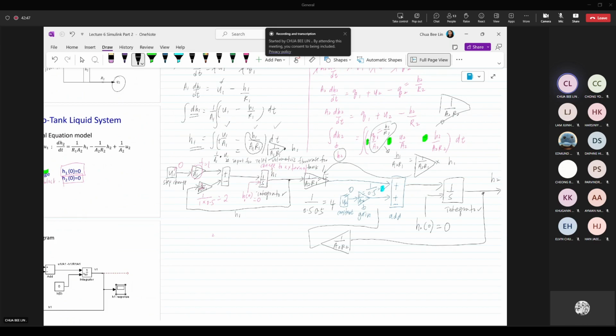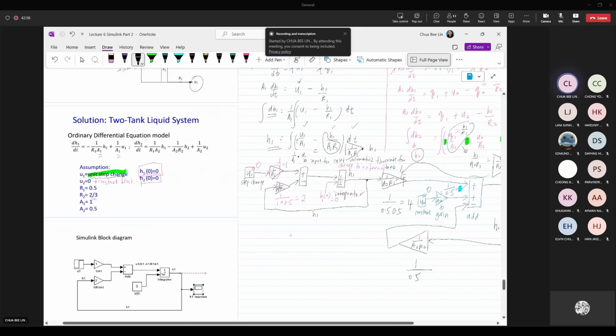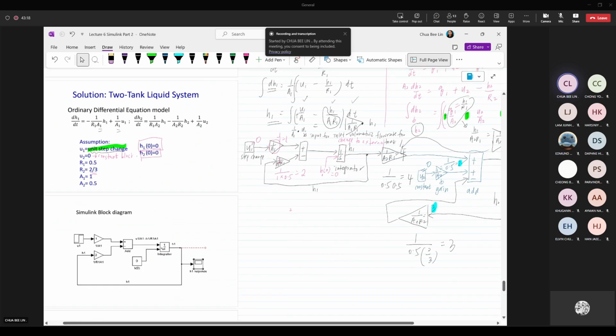go into your negative. So 1 over A2, your A2 is 0.5, and then your R2 is 2 over 3. So this will give you 0.5 times 2 divided by 3. Okay, 0.5 times 2 divided by 3, 1 over the answer. So this one will give you the answer of 3. So equivalent to 3,